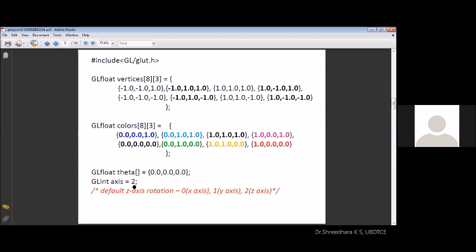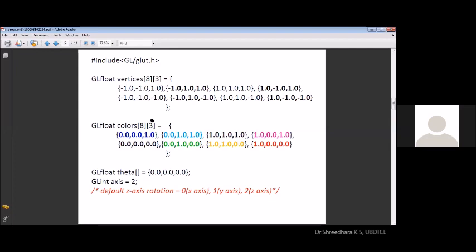Initially, with respect to z-axis, we initialize our program. And later, whenever the user clicks the button, the axis values we are going to change through corresponding mouse button support. We'll switch over our spinning rotation with respect to the corresponding axis. This is the requirement you have made in the program in order to spin the created cube.